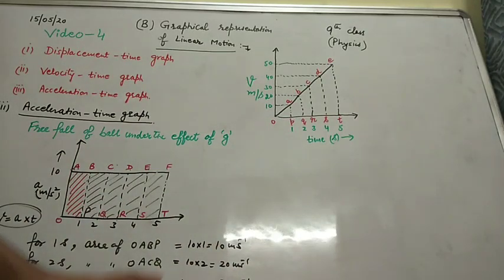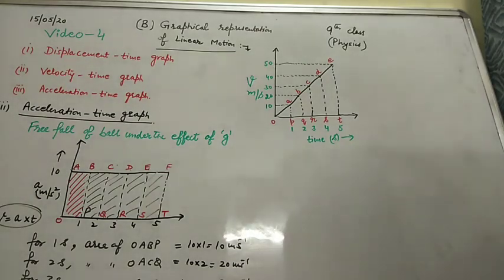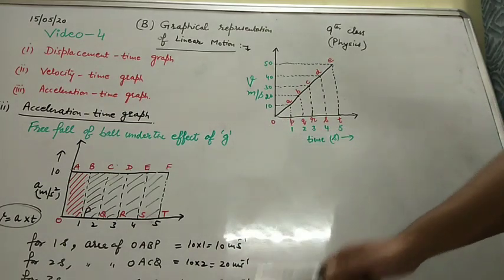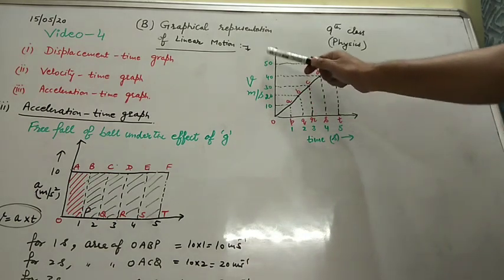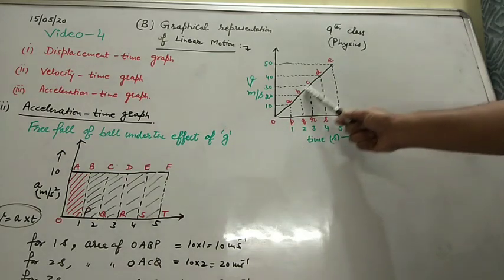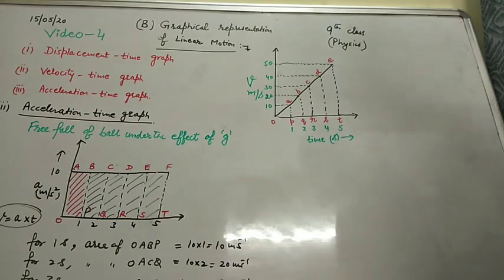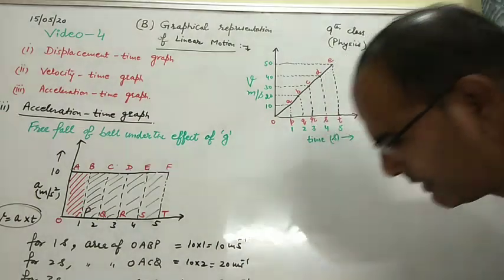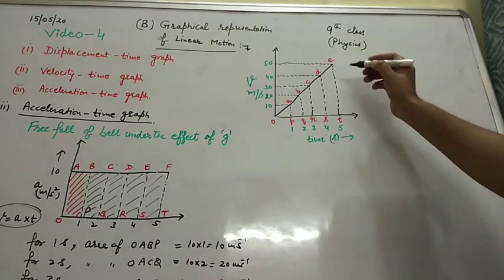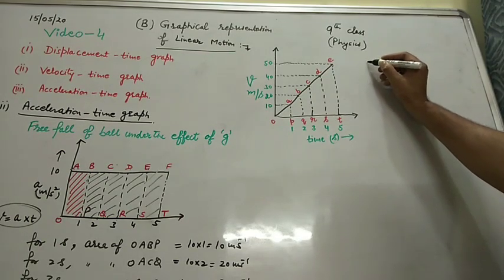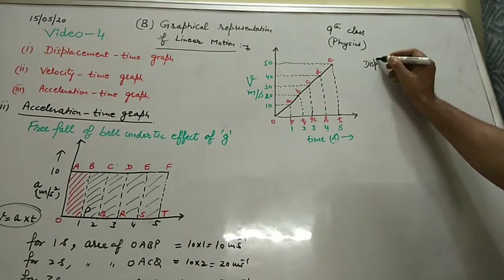And corresponding to this, I can draw the velocity time graph for the same interval. Now see, the velocity is increasing 10, 20, 30, 40, 50. Here also 10, 20, 30, 40, 50, for 1 second, 2, 3, 4, 5. This kind of velocity time sketch you will get. So here is a straight line inclined to the time axis. I can get the displacement time graph also from here. So for that a few calculations I have to do.